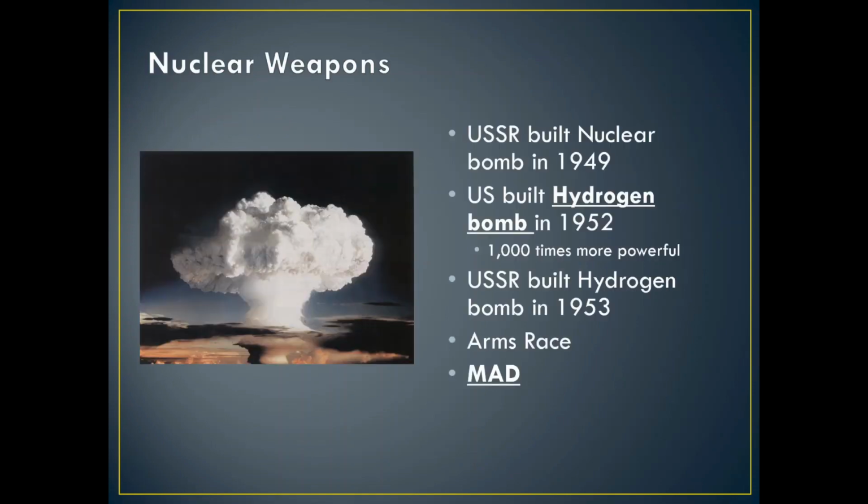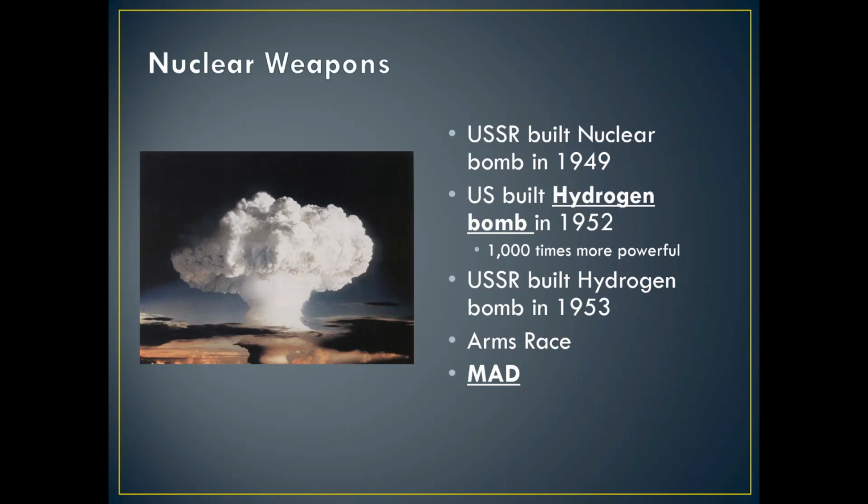All right. One of the big things that's going to happen in the Cold War is there's tension between America and Russia. America's mad at Russia for forcing Eastern European countries to become communist. Russia is angry and upset at the United States for not getting involved in World War II quicker and taking until 1944 to invade France. America built a nuclear bomb in 1945. Part of that reason was to intimidate Russia. That's part of the reason why we blew up Hiroshima and Nagasaki.